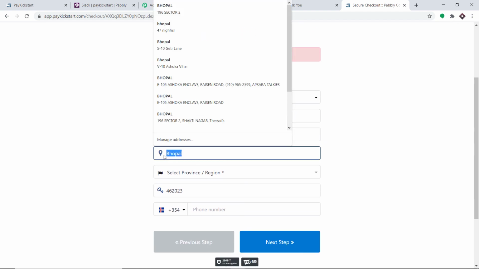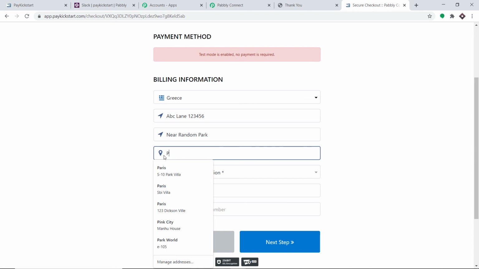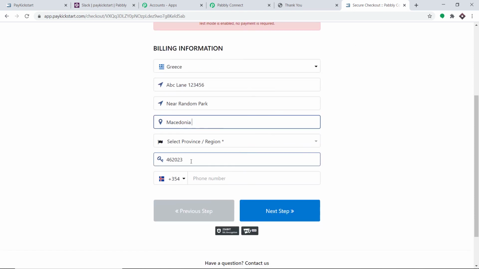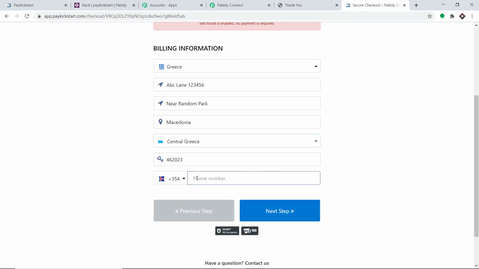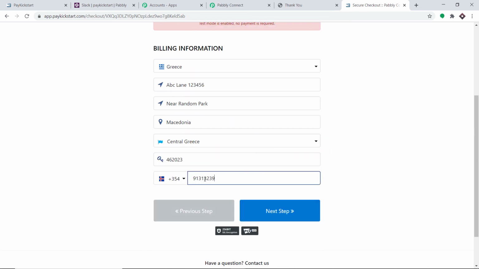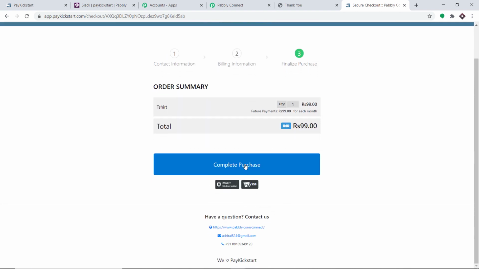Just change the city, about Paris. Now Greece, about Macedonia. Okay, there is a little city in Greece called Macedonia, and central Greece. And 13132392121. Okay. Next step, complete purchase.